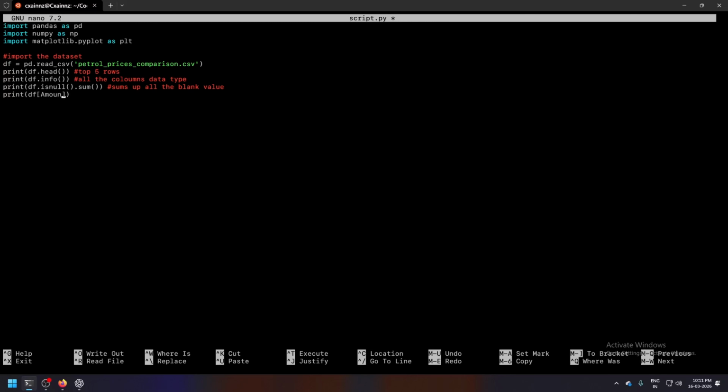This time we have amount_change, and then just print it.